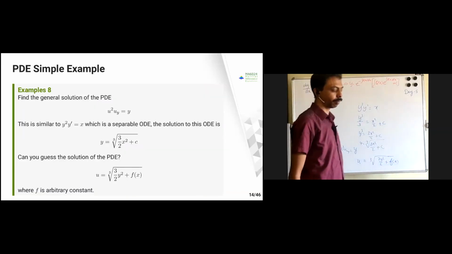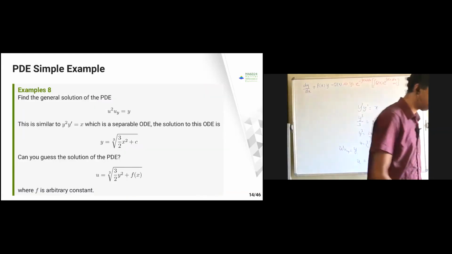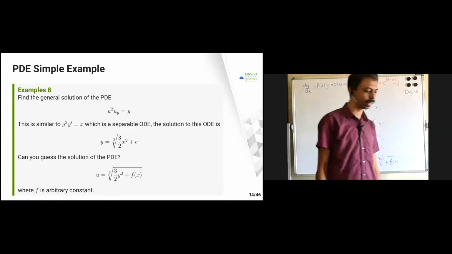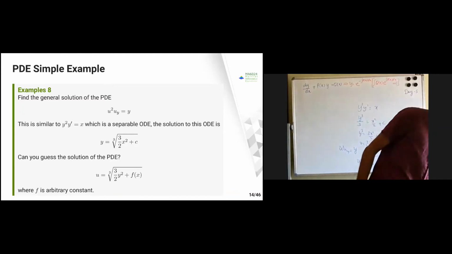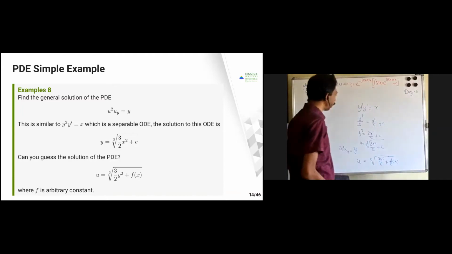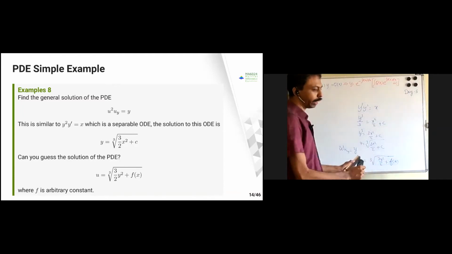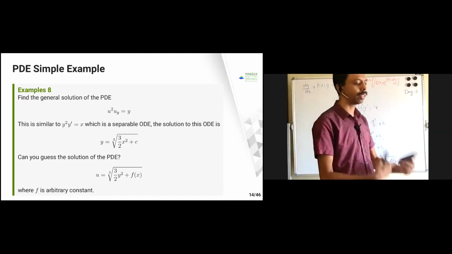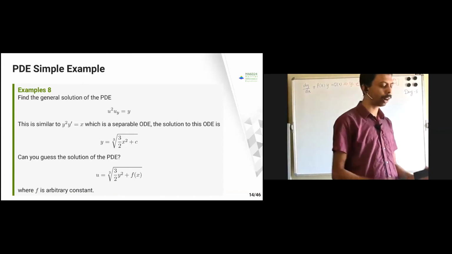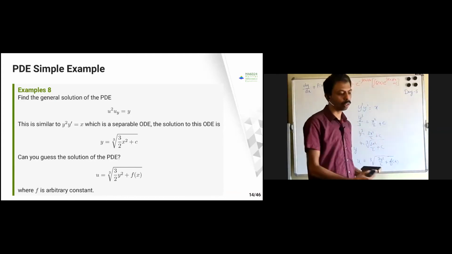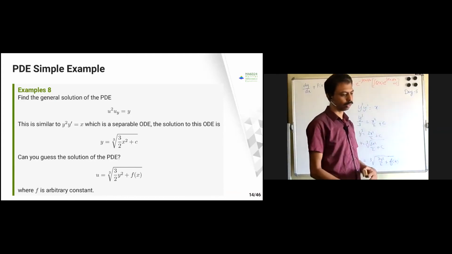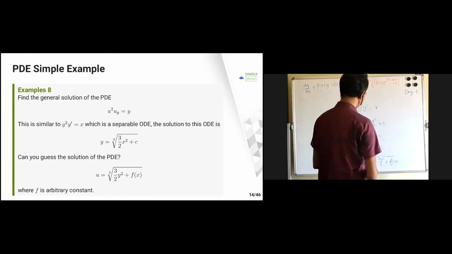Isn't it easy? So all the problems are easy, I think. We didn't do any complicated things. What you need to do is identify the corresponding ODE. If you solve that ODE, then solving this PDE is very, very simple. Wherever you put the constants over there, correspondingly you have to put either f of x or g of y. Corresponding values you have to put.